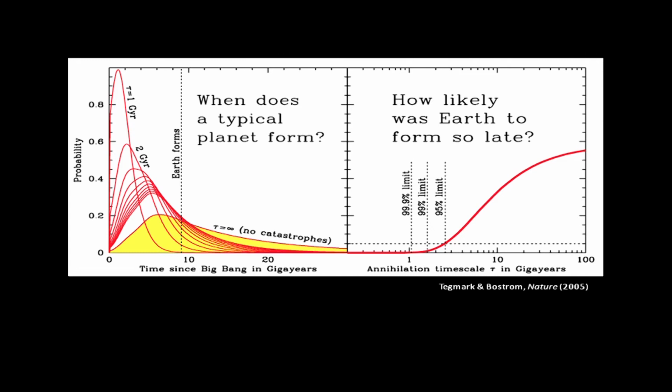Suppose they happened once every 10,000 years in a volume like the solar system or something like that. Or once every trillion years, or never. How can we distinguish these from observation? So we thought of one way of doing this, which was by looking at the birth dates of our planet.